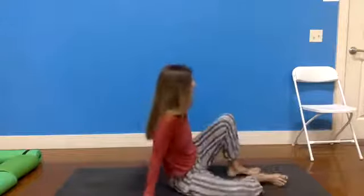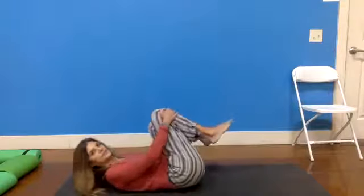Once you have taken three more rounds of your Ujjayi breath with this complete and active inhale, all the way up from the belly to the chest, all the way down from the chest back to the belly, I'll invite you to bring both of your knees into your chest. And just rock side to side a few times. And once you have rocked side to side a few times,